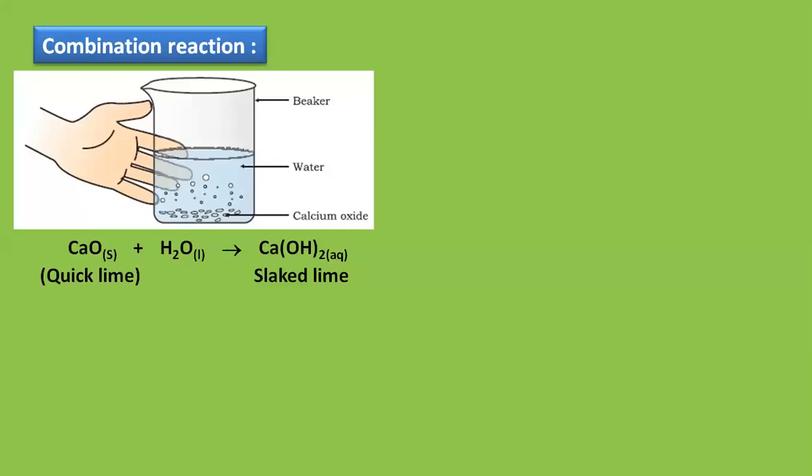And in this equation, I am studying it under combination because 2 reactants have combined together to form a single product. What is happening here? 2 reactants combine together to form a single product. So it becomes an example of combination reaction. Are you all understanding? Yes or no? If not, this is once again an example of combination where I have 2 reactants giving me a single product.